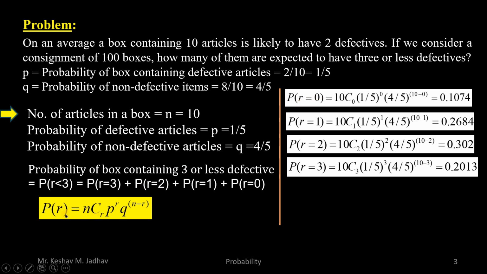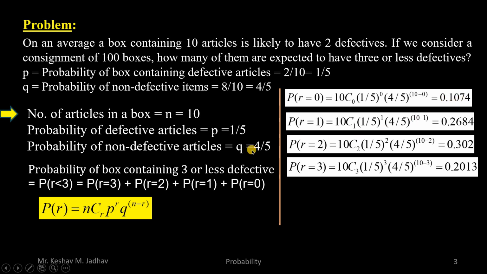Here n is equal to 10, so nCr is 10C0, then p is 1 by 5 raised to r, that is raised to 0, into q raised to n minus r, where n is 10 and r is 0, so 4 by 5 raised to 10 minus 0. If we calculate this, then we will get